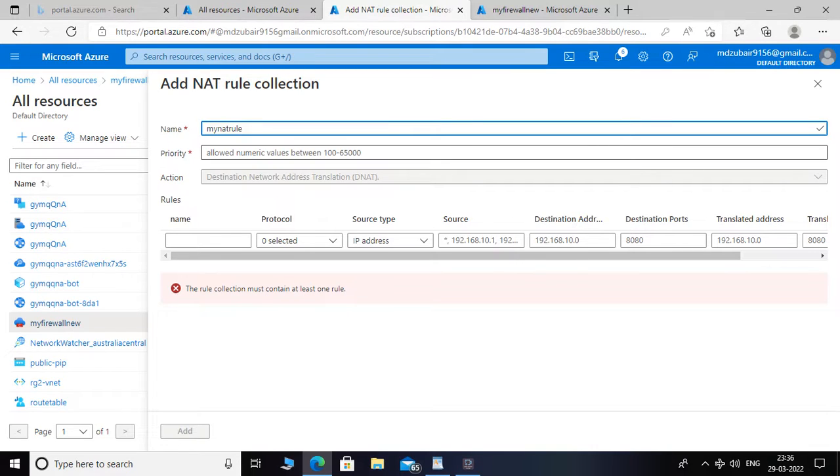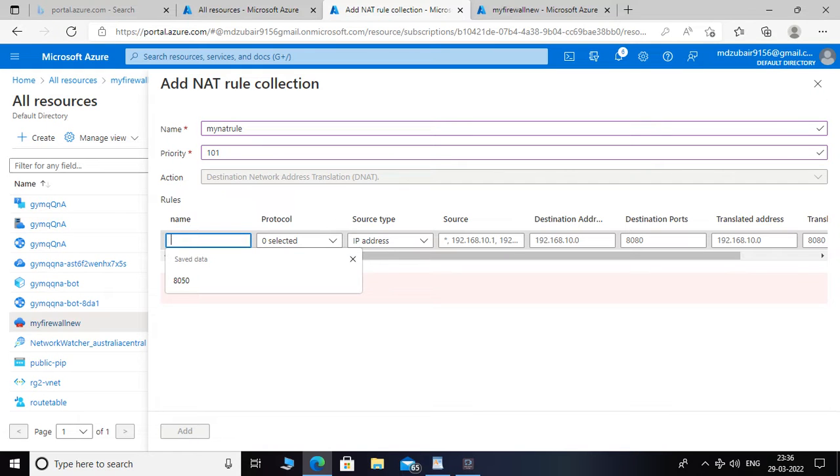Priority, you can set priority between 100 and 5000, whatever it is. So I will give it a priority 101